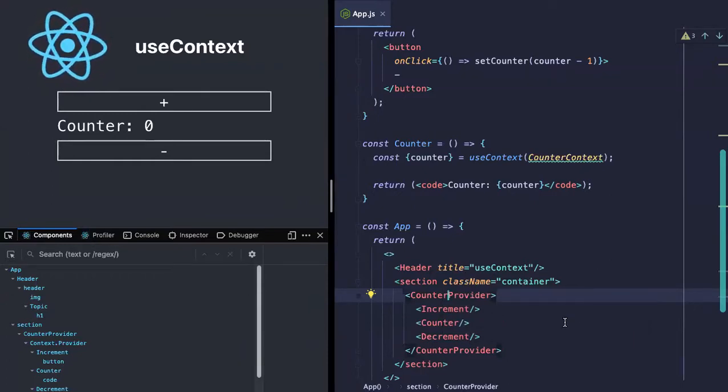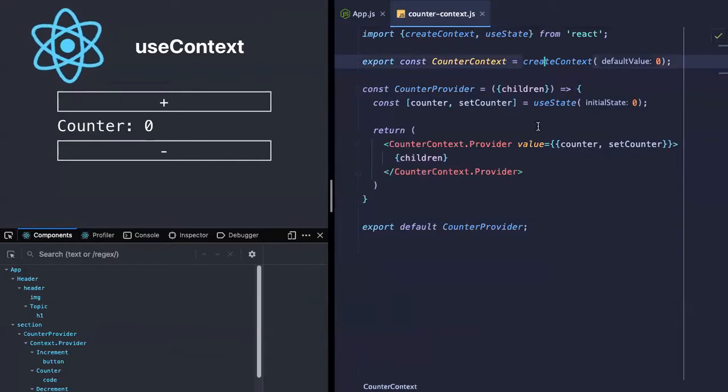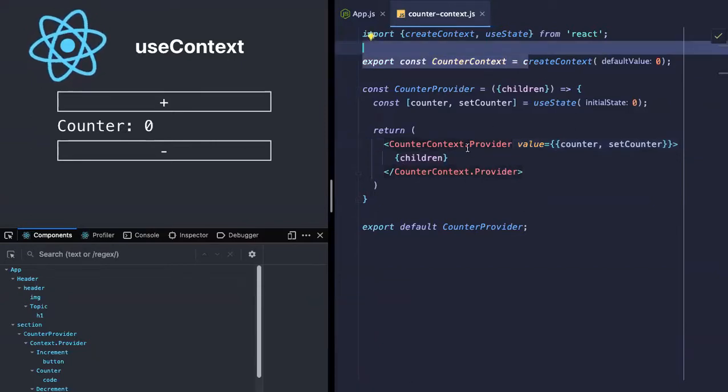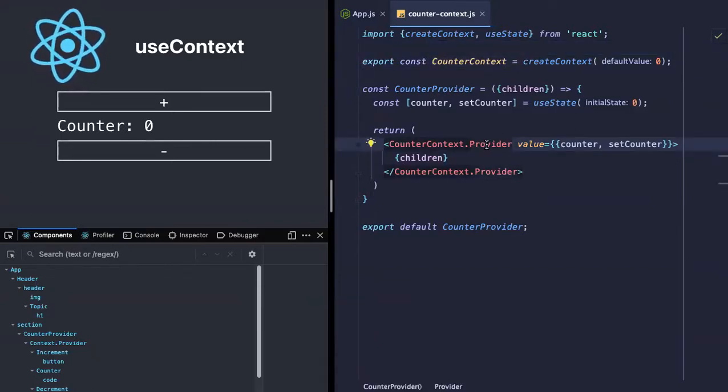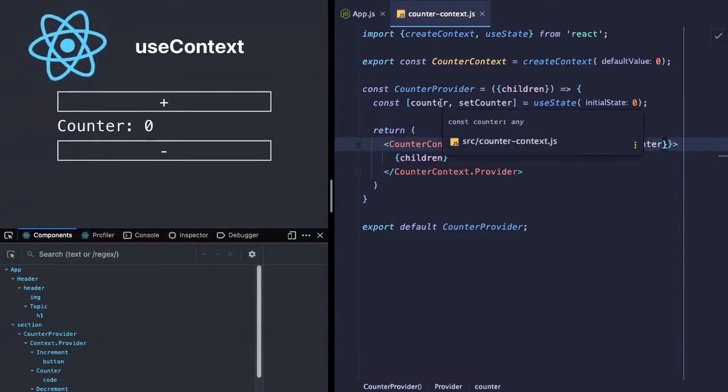And how the context is divided is, there are two parts to it. One is a consumer, the other is a provider. This is what we discussed: how we create a context and how we create a provider out of it. Whenever we create a context, we get the dot provider, which gives us a provider on that context. And whatever value we pass in it is accessible to all the children wrapped under this provider, right? So that is a very simplistic use case of the context.